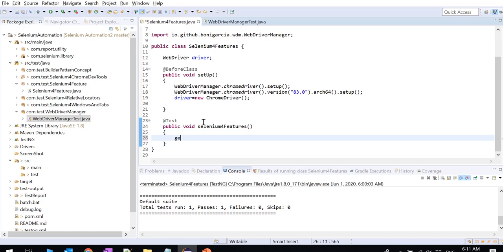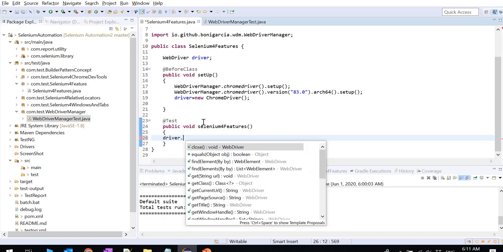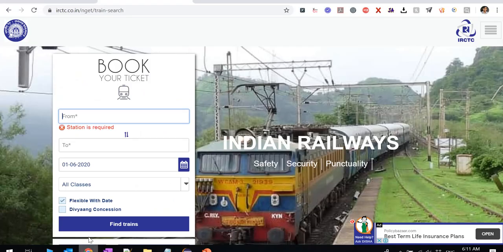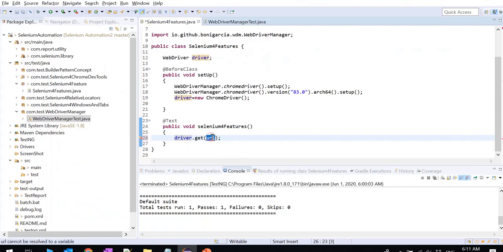So driver.get, and here I am going to launch the Indian Railway website. We can take anything, I'm just randomly picking this website. Okay, this is the URL.